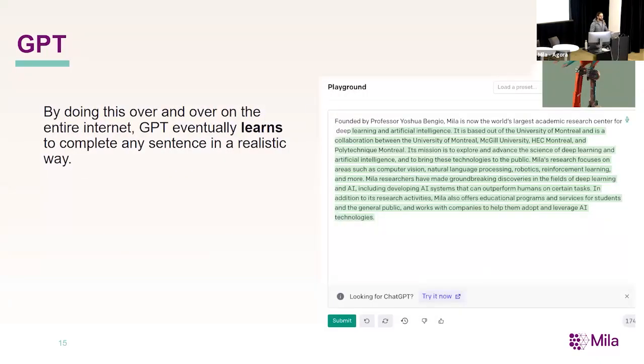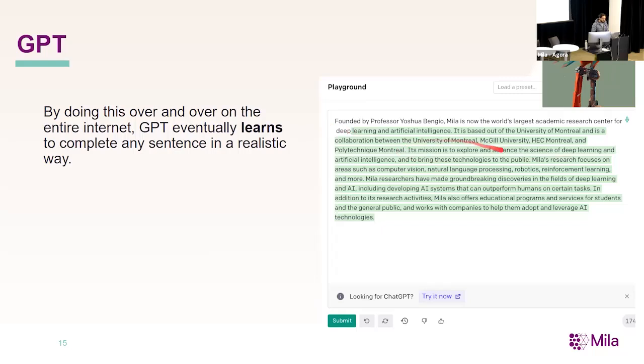So if we do this over and over, this mechanical parrot ability, we eventually get a model that learns to complete sentences in a very realistic way. So now here, if we take back that exact same example and we go ask a GPT model, you can actually go on the OpenAI website and ask it to complete sentences for you. So I took the exact same example and asked it to complete the sentence. And you can see not only does it complete the sentence, but it actually adds much more to it. So I'll continue reading it here.